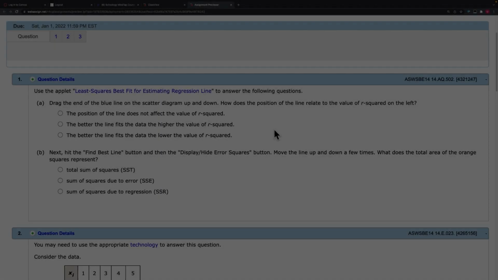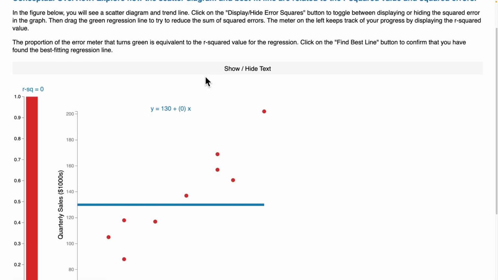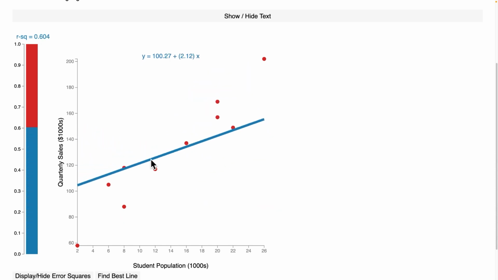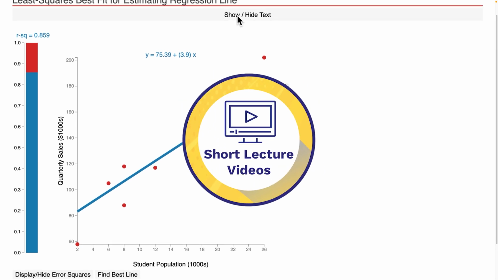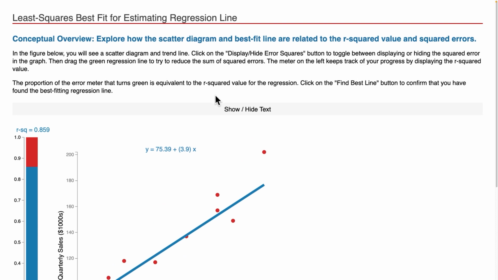To bring abstract statistical concepts to life, WebAssign includes visual tools paired with assignments. Exploring Statistics applets expand upon concepts from the chapter reading and engage students with interactive graphs and charts from the book. Available as standalone learning tools, short lecture videos, or as graded assignments, Exploring Statistics applets make fundamental concepts